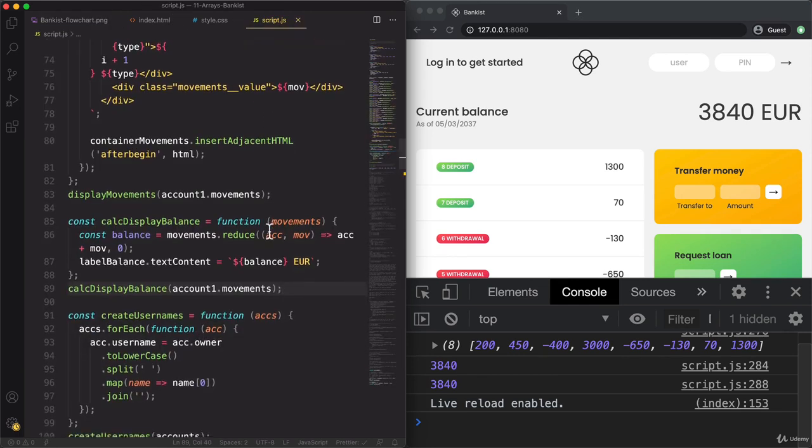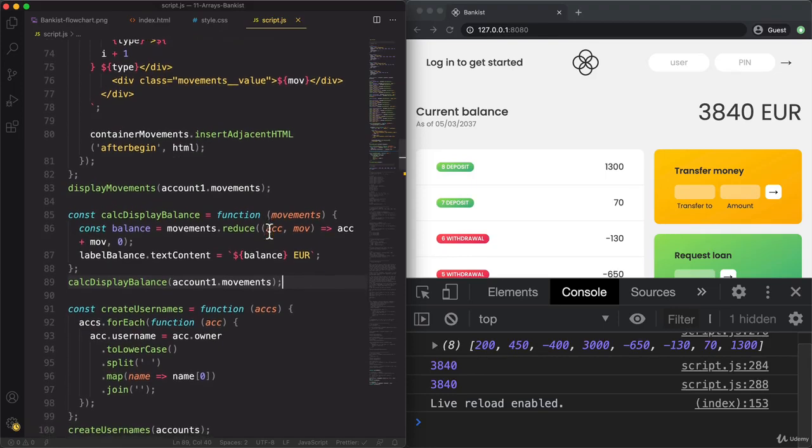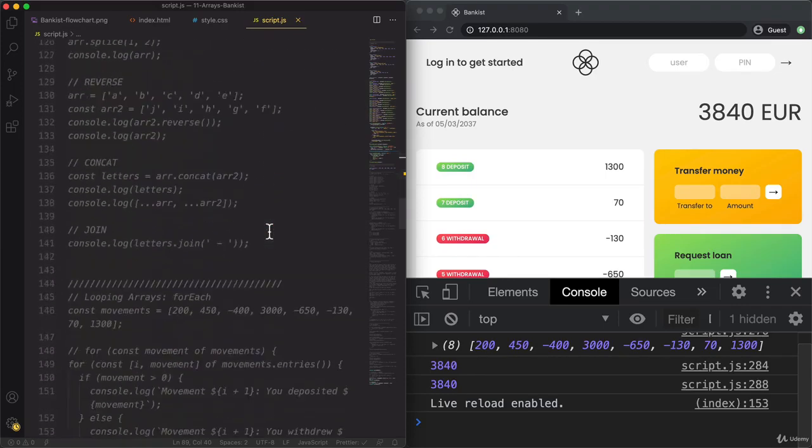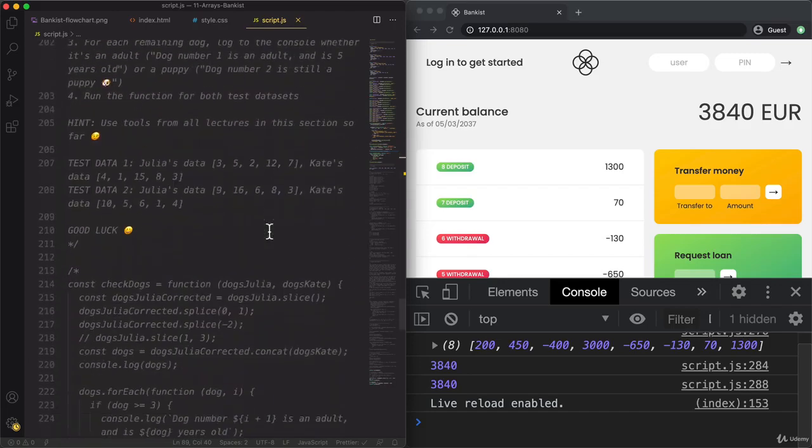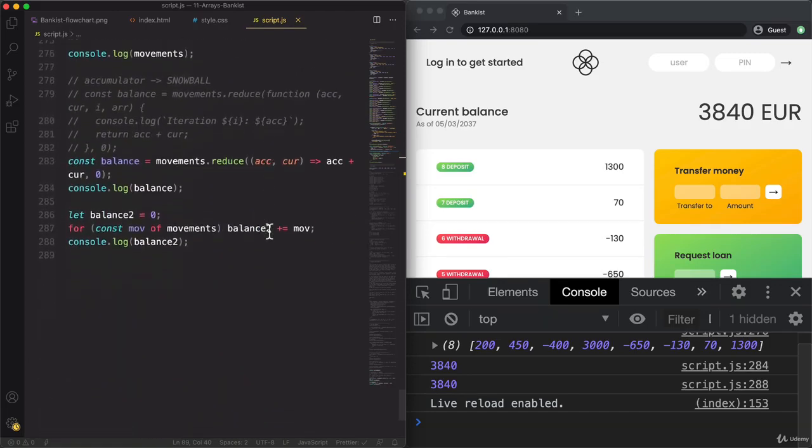Now, just to finish this lecture here about reduce, let me show you one final example, because we can also do other stuff than just adding up values. That would become boring at some point, right? And so we can also do other stuff. So this time what I want to do is to get the maximum value of the movements array here. Okay, so in this case, the result we're looking for is this 3000. Okay, and so for that, we can also use reduce, because remember, reduce